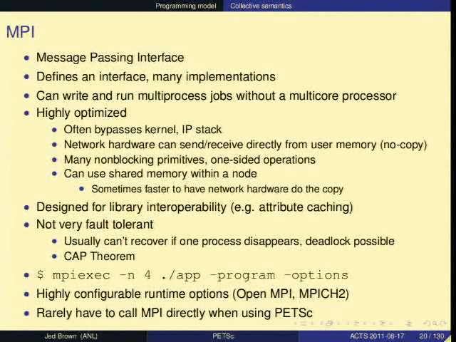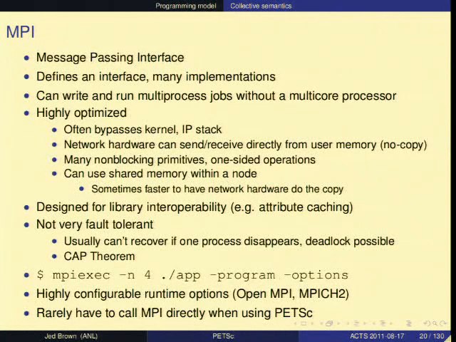So for shared memory, you can often map memory within a node. So not everything that looks like a copy literally involves a copy. On the other hand, it's much more tricky if you want to actually share some, say, immutable data structures between processes on a node. And so there's still reasons that people like to do threads, but for a lot of problems, you can still program multi-core quite effectively with only MPI.